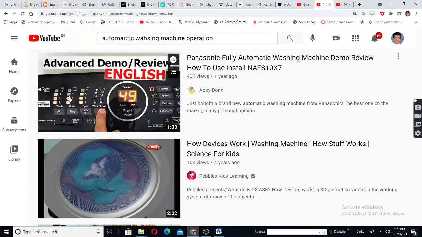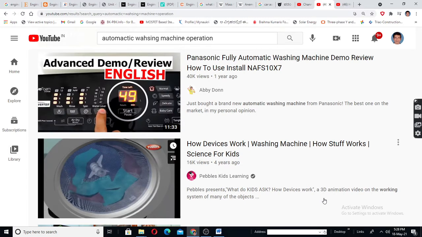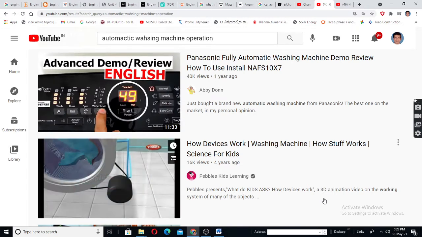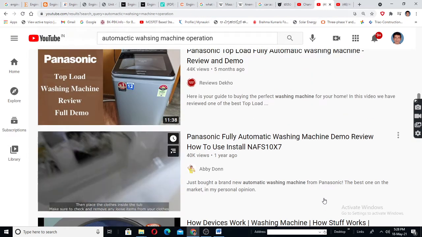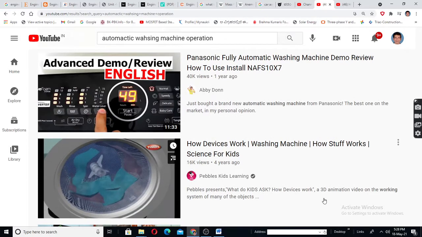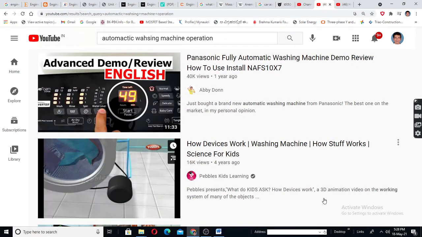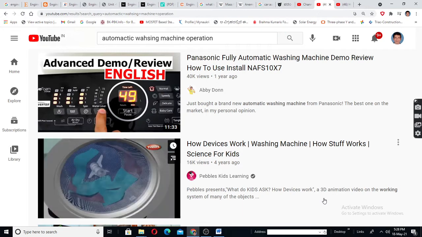See in this, see how many controls there are here. You can see in the display, there are lots of switches.